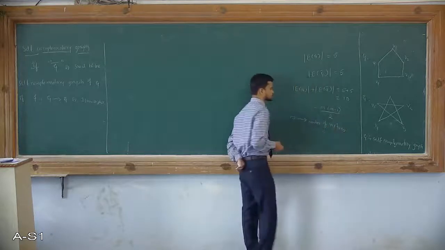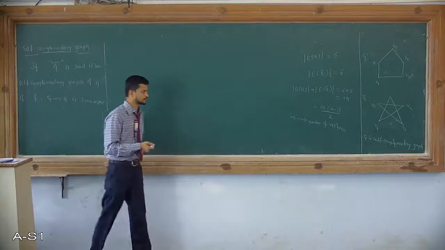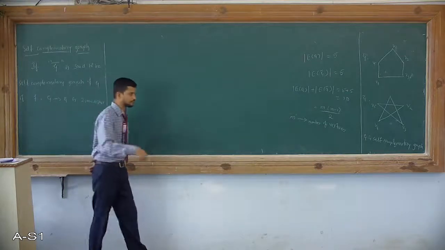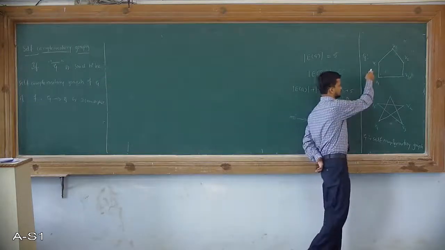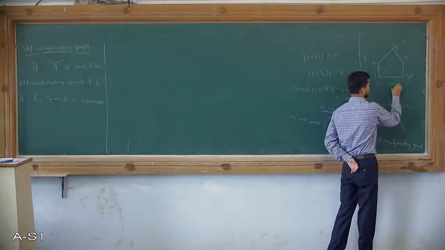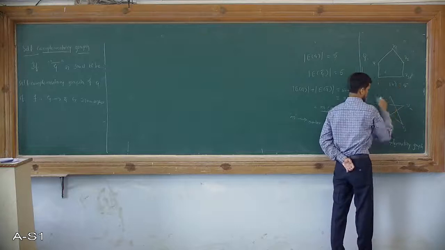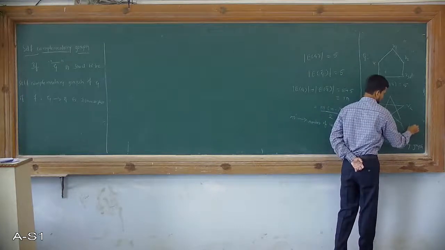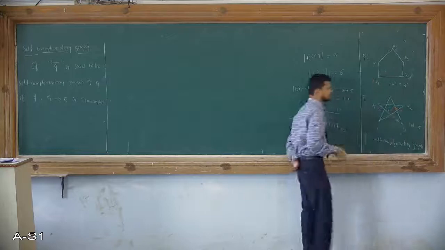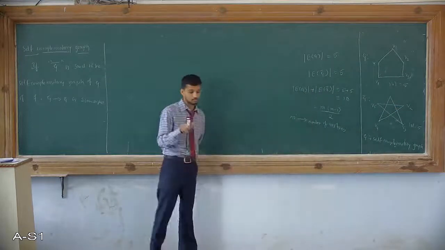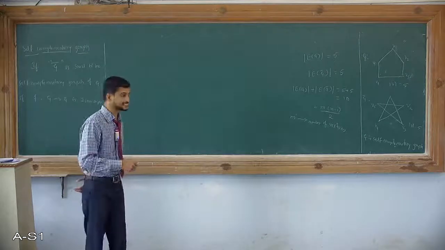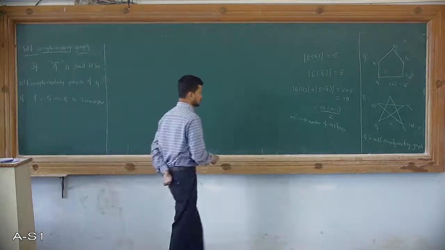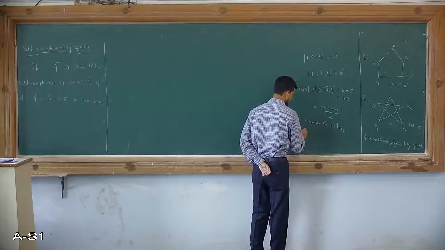Here m stands for the number of vertices. I cross verify with the same example. What is the number of vertices in G? It is 5, so the cardinality of V is equal to 5. Again it is the same for G bar. So the total number of vertices in G is 5. Similarly, the total number of vertices in G bar is also 5. So therefore m is equal to 5 here.